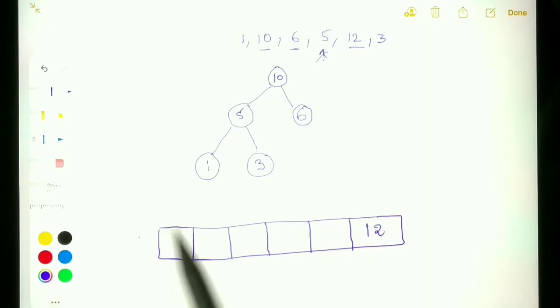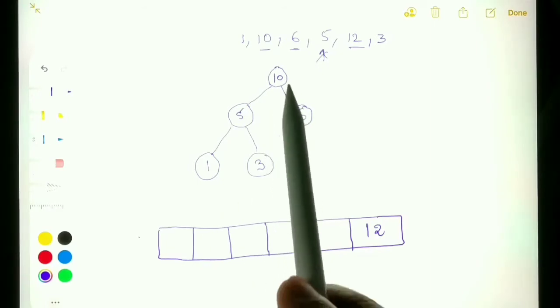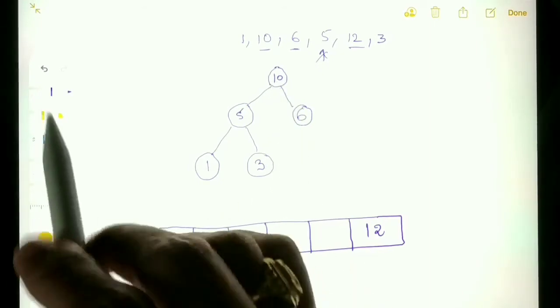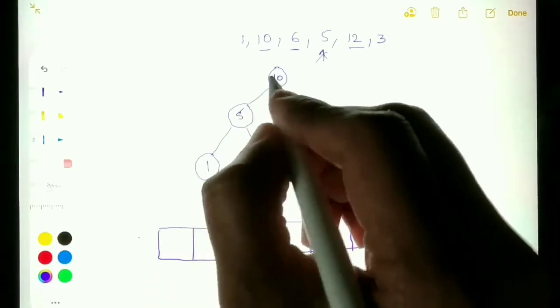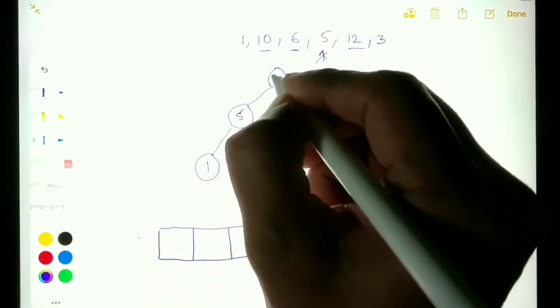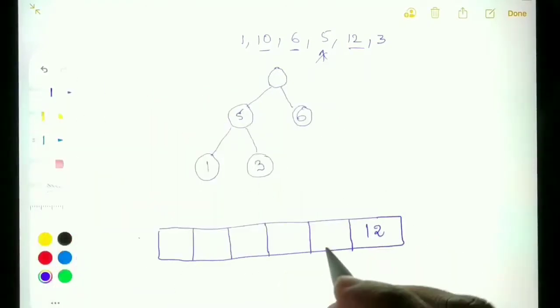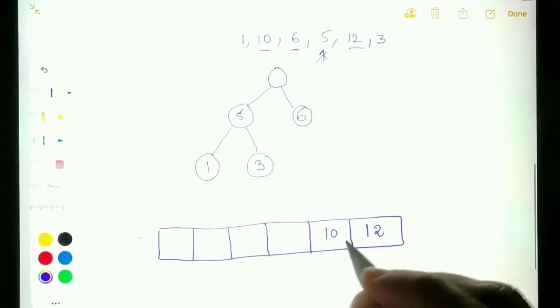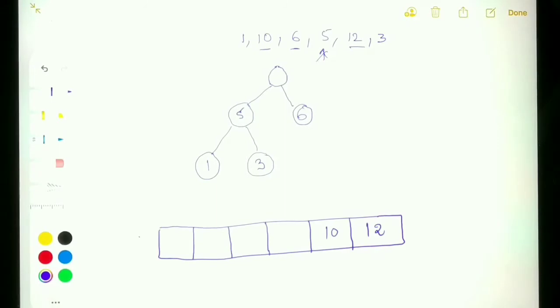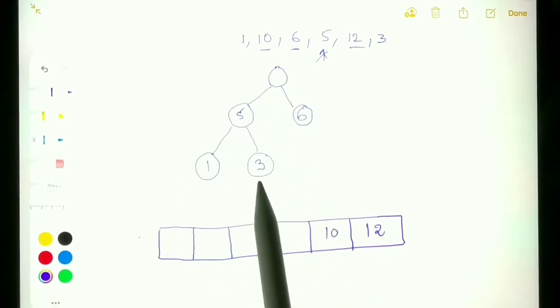Now again we perform deletion. Now I remove 10 and add it to the array. We have deleted root node. So what is the last element in the tree? That is 3.